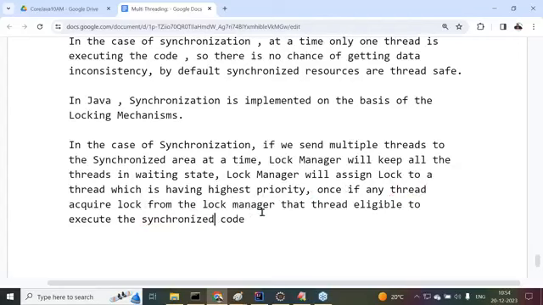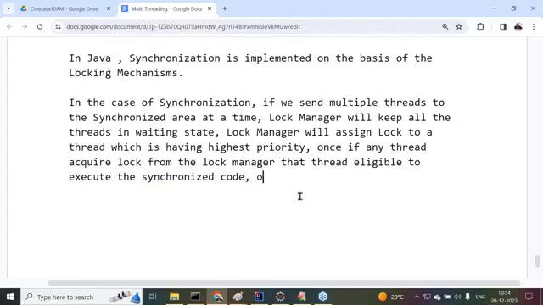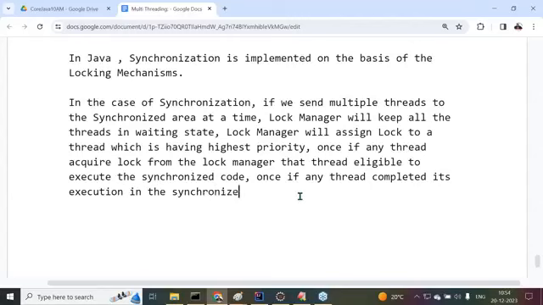Once any thread completes its execution in the synchronized area, then that thread will submit the lock back to the lock manager.